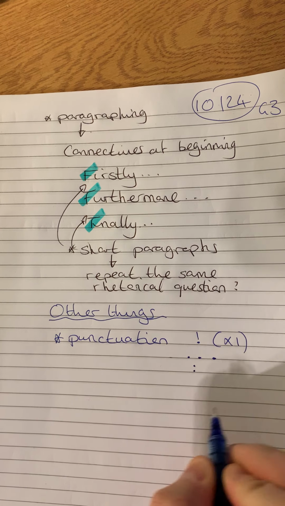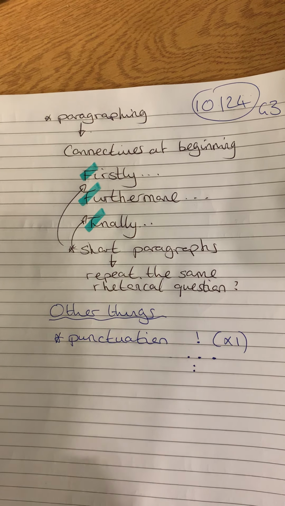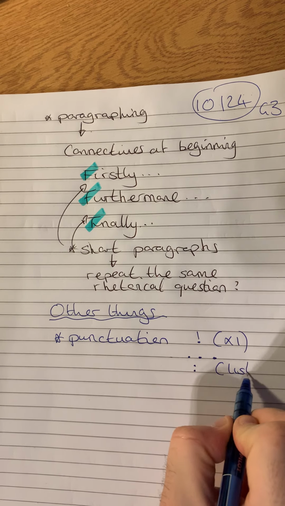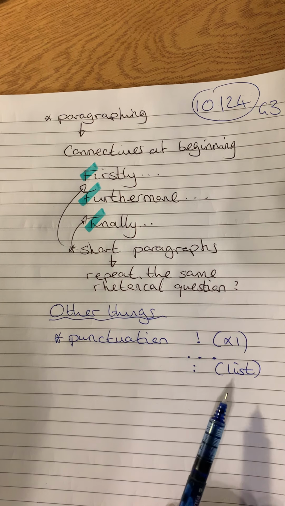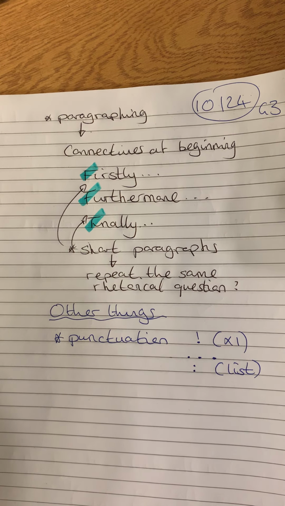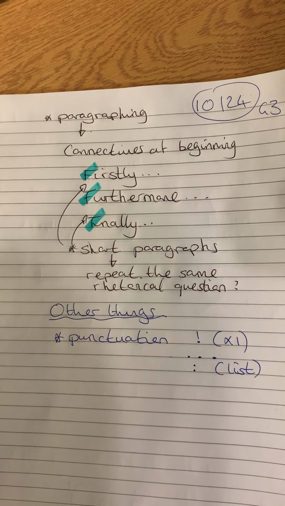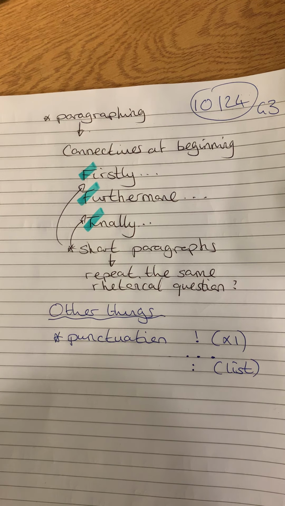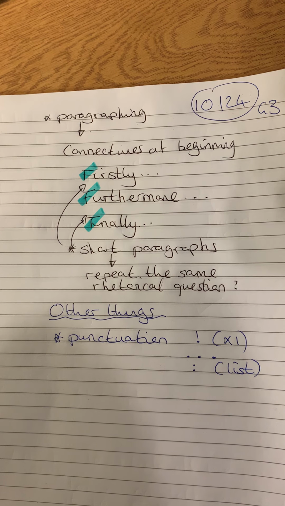If you're introducing a list, use a colon. You can see that I've just used brackets for additional information. So again, you don't have to plan all of the punctuation you're going to use before you start writing, but just bear in mind, if you've written half a page and there's only full stops and commas, you've got to go back and make sure you've included a variety. You get more marks for that.